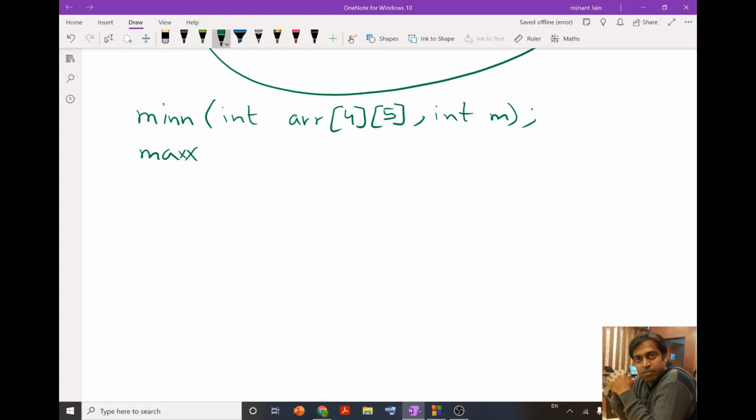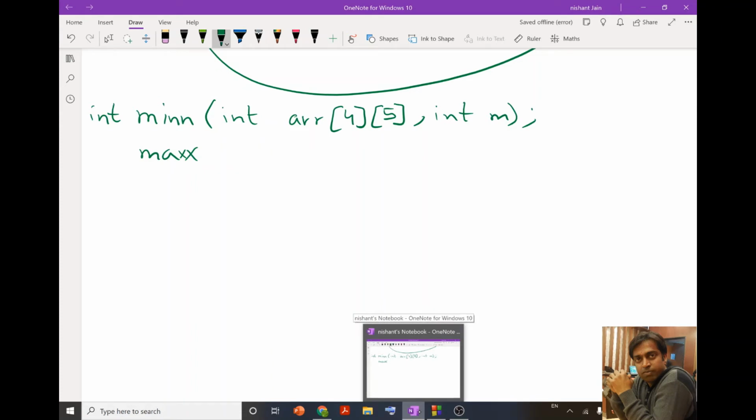Whatever is the location of the minimum value, that is what this function is going to return. Since the return value will be of integer type, we will declare the data type of the function as int.